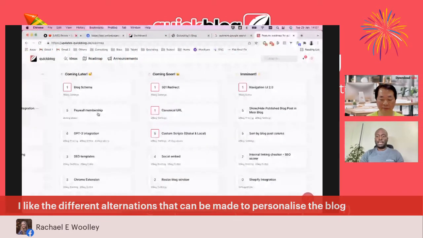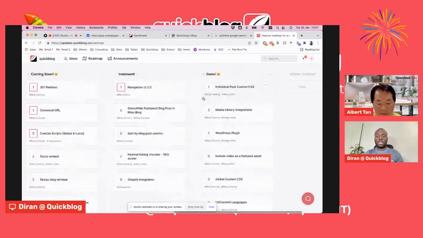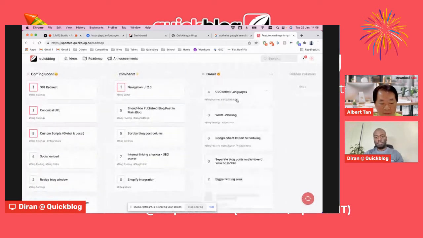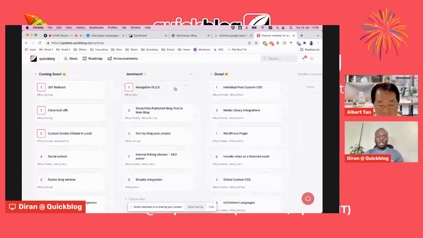Okay. Yeah, so I'm sure all of you, or maybe not all of you, but probably a bunch of you on the call have already checked out the roadmap. It's on the AppSumo listing. It's even in the notification bell in the app as well. Within here, you can see all of the items we've done, all the new feature updates that we've recently released, as well as the ones that we're working on. So I mentioned things like the new navigation,